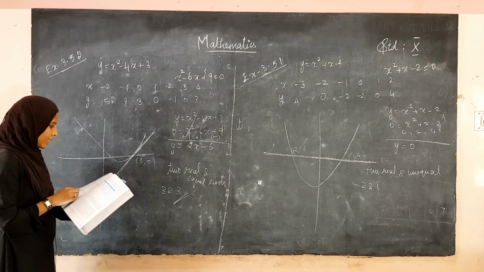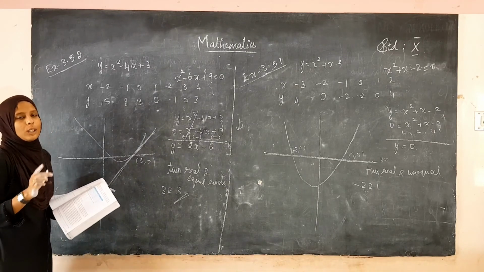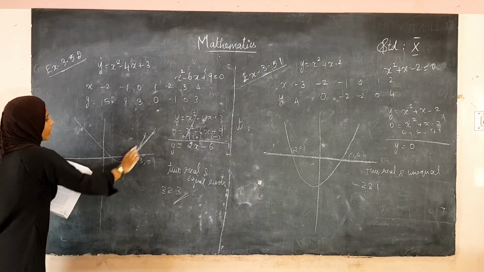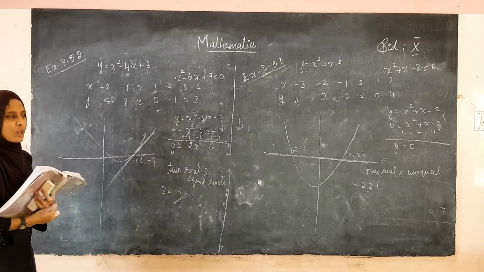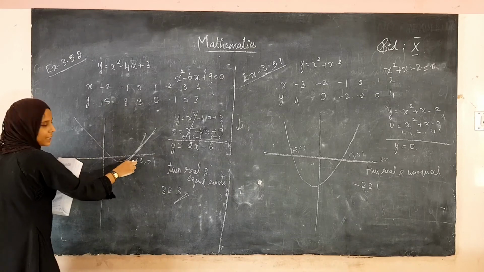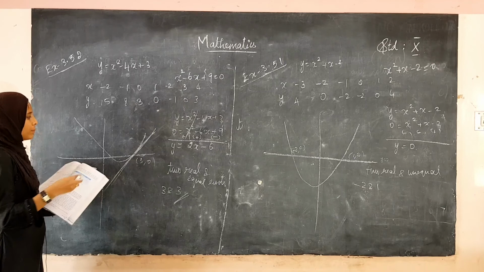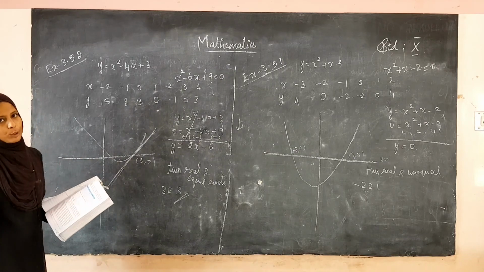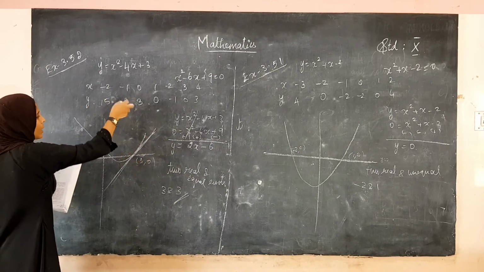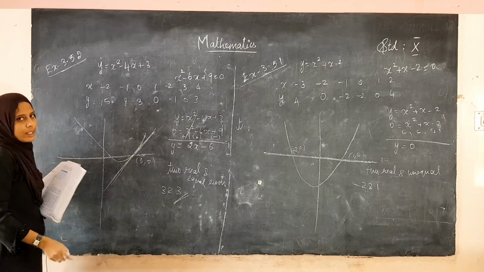See, in exercise 3.15 they have given 8 sums. The first sum only gives a quadratic equation. So, drawing the quadratic graph you have to find the nature of the roots. In this you have to see the curve and the x axis, then find the nature of the roots. And from 2 to 8, you have to draw the graph and solve. So, what you have to do? First you have to draw the graph and solve the two equations and draw the straight line, and using the curve and the straight line you have to find the nature of the roots.